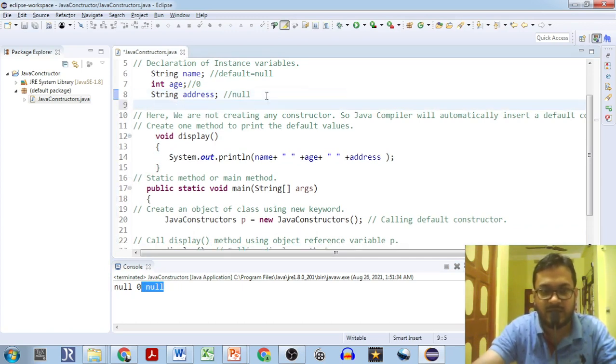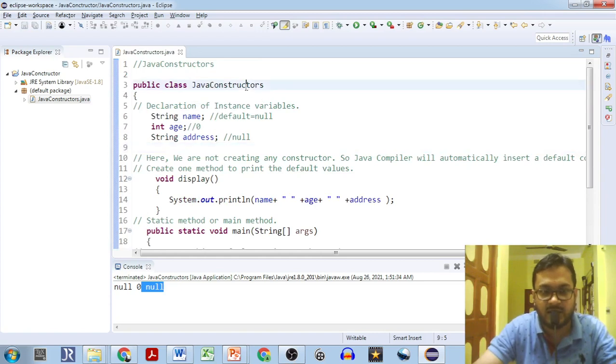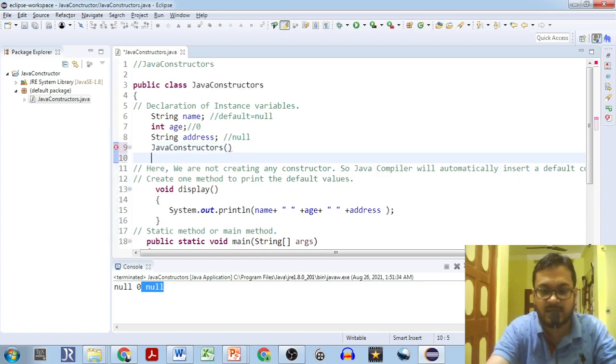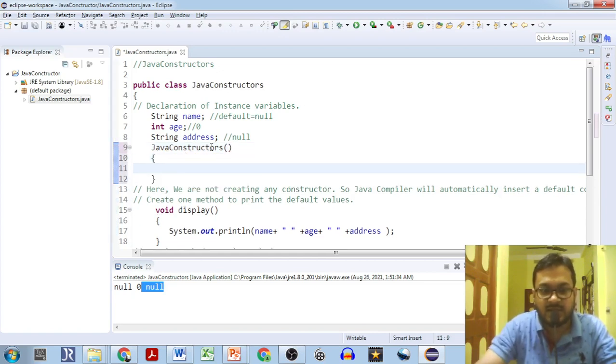Now we'll try to modify a bit. Okay, we'll make some fun. So we have to make this thing a Java constructor: open the bracket, close the bracket. The Java constructor name is the name of the class, correct? So I've given the name of the class over here. We have opened and closed the bracket like a method, but no return type like a method. So it's a constructor. Such a simple thing.